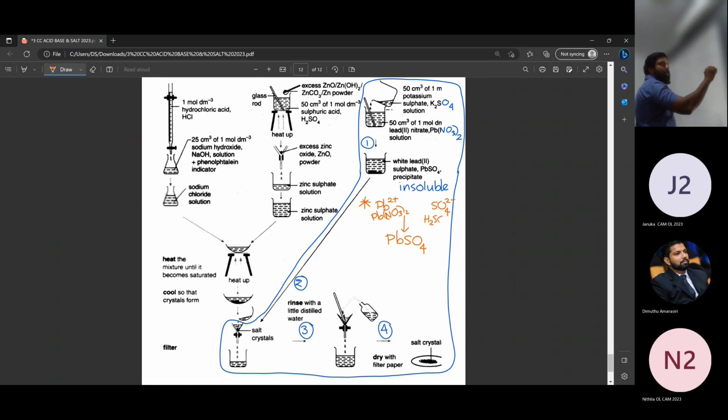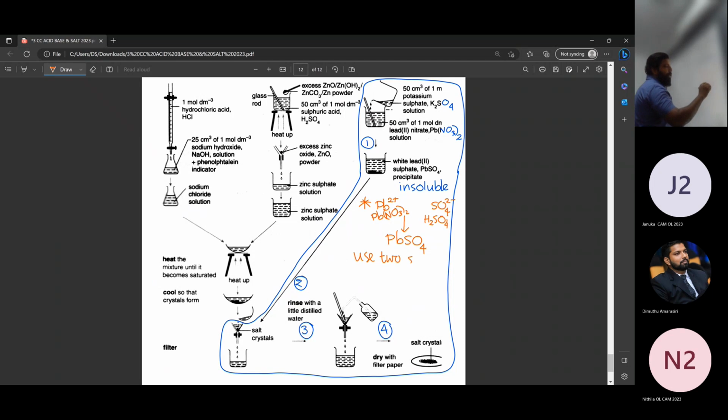The monkey one acids use but I am not using sulfuric as an acid. I am just using it as a soluble thing which has sulfate ions. Right? In this reaction sulfuric is not acting as an acid. It's just acting as a sulfate donor. Is that clear? The golden rule is, use